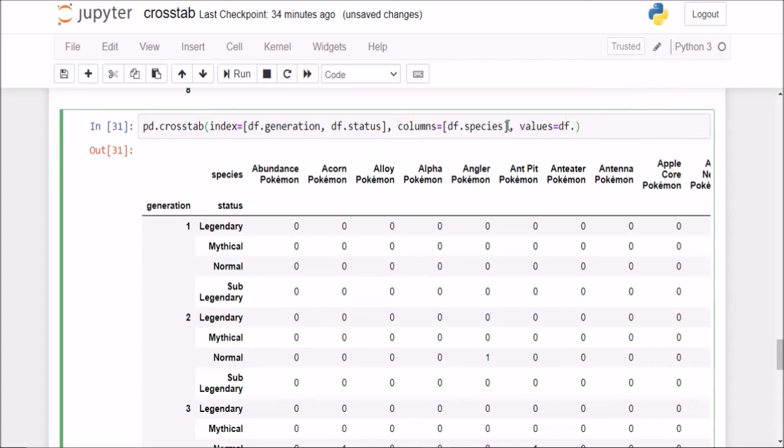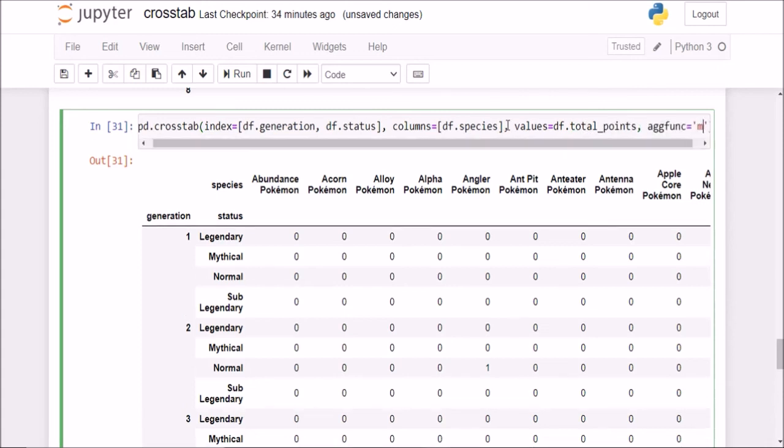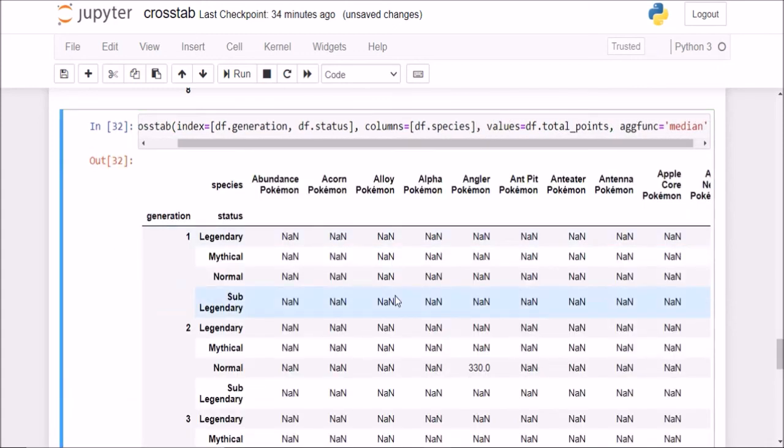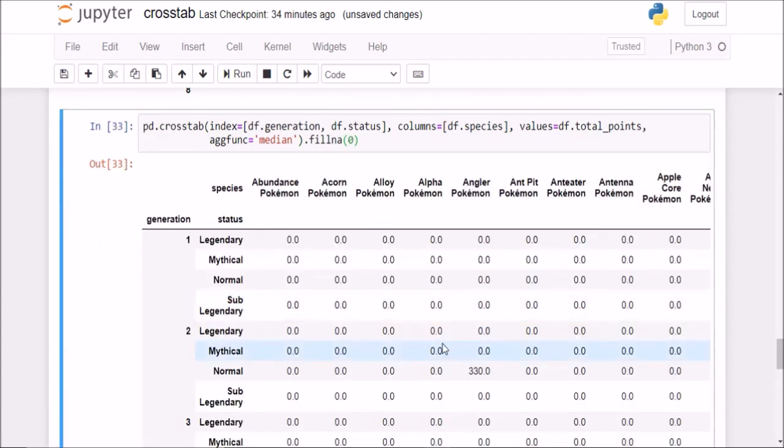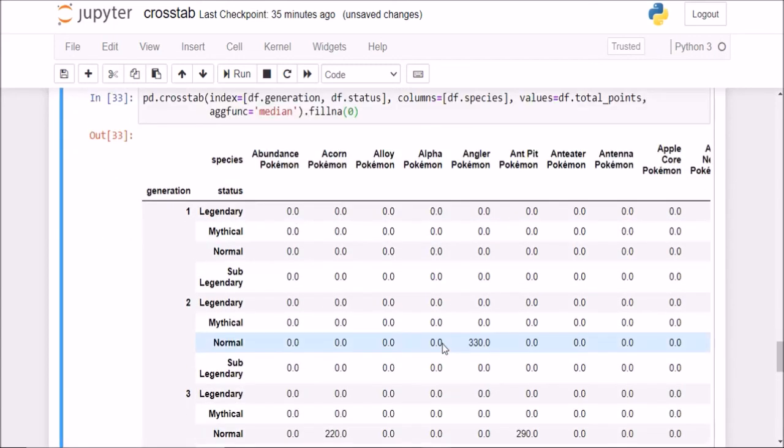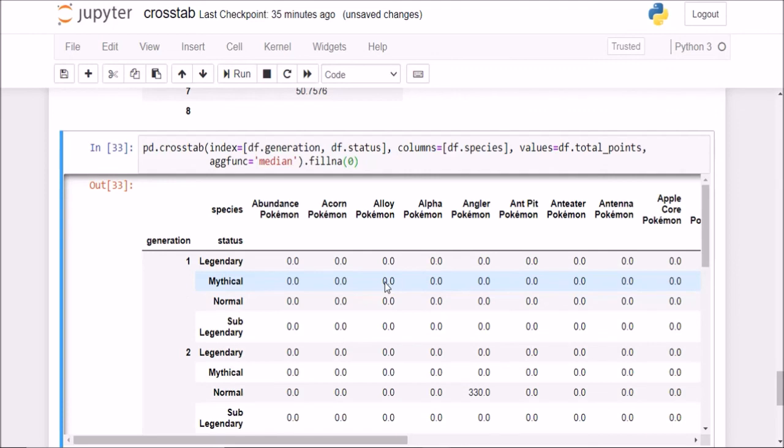So I can say df dot total points, and for my aggregation function I can say median, for example, here. And just to make it a little bit better looking, I'll fill in a 0. Now this is giving us the median number of points for each intersection point. So this was all about crosstab.